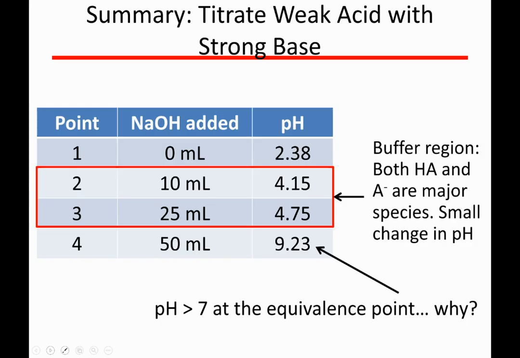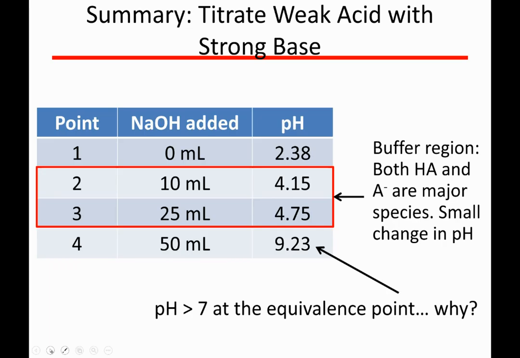The conjugate base of the weak acid is a weak base, and so at the equivalence point, what you have is a weak base in water. This is why the pH at the equivalence point for a weak acid strong base titration will be greater than 7. Now, you could calculate the pH at every single volume of NaOH that you would add, going from 0